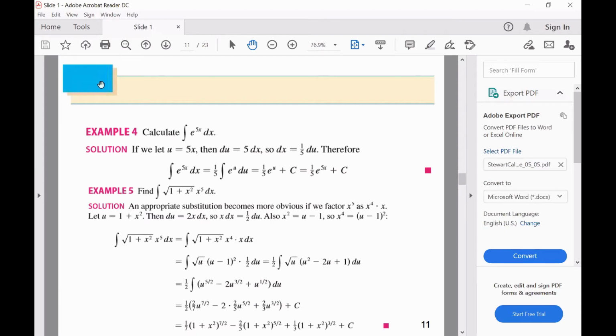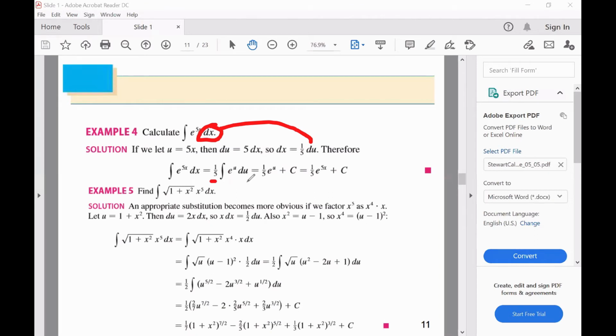If not, we will do it quickly, and then give you an example close to this one. So we will use another method: the integral of exponential 5x dx. Here, instead of 5x, I am going to let u equal 5x, then du equals 5 dx. So we have dx here. dx is equal to 1 over 5 du. That means we remove dx and put instead 1 over 5 du. And here exponential 5x becomes exponential u. Then we have 1 over 5 exponential u du.